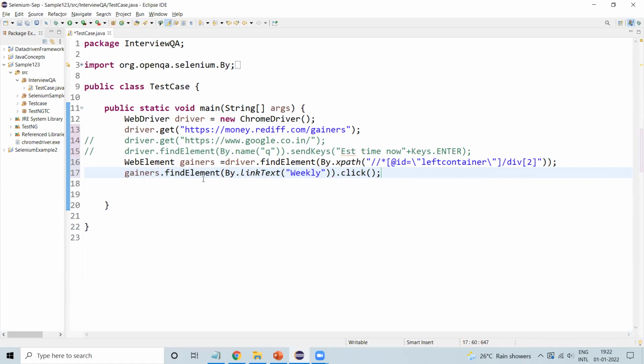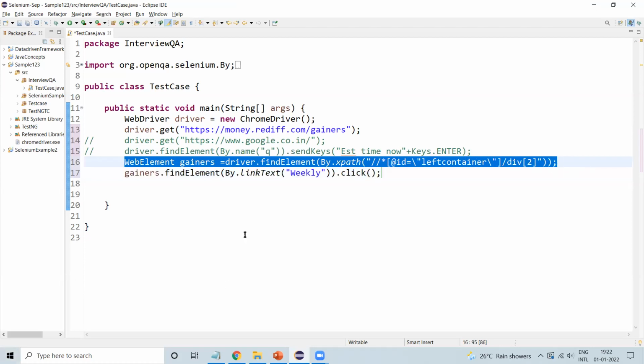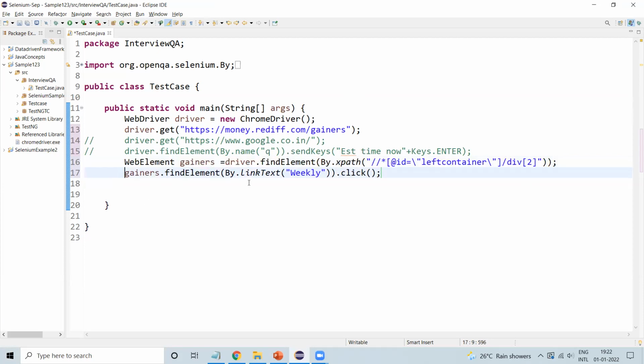Right. So now what happened? First it is going to find the entire block. Then we are telling the WebDriver to go and search for the particular element, which is weekly, in the particular block. I don't want to search in the entire page. So that is the WebElement.